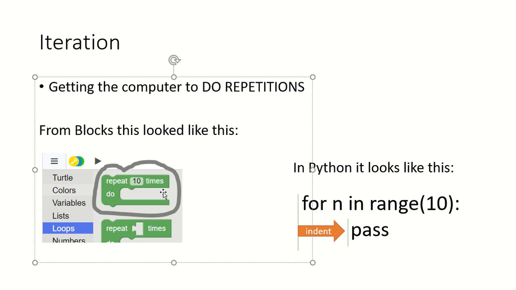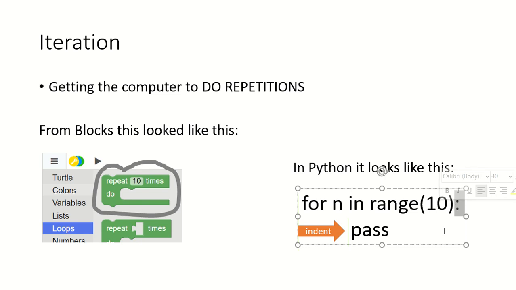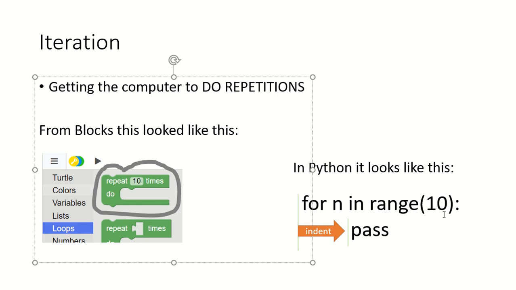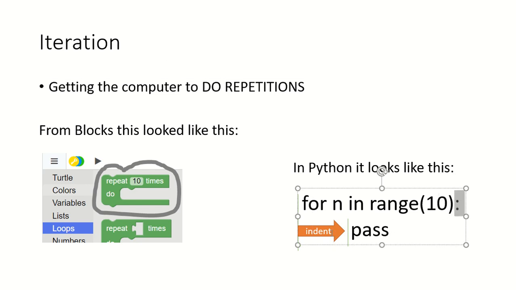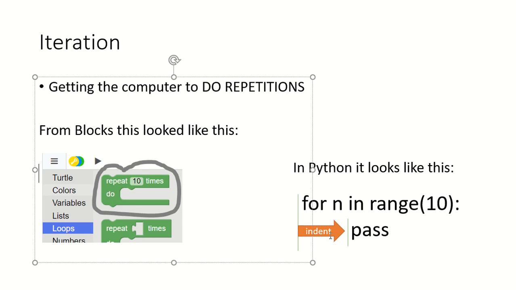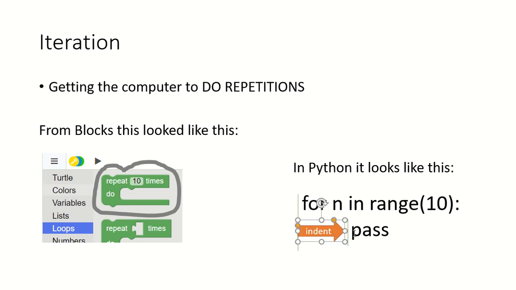Now in blocks, clearly you can see what is inside your loop because you tuck the blocks inside this do, and you can see Python uses a different notation. We have a colon, which is very important. Colons are how Python says I'm starting a new block scope. So what follows will be what I want you to do 10 times. After the colon, it is syntax, it's a rule of the language, we have to indent the code by tabbing it over,